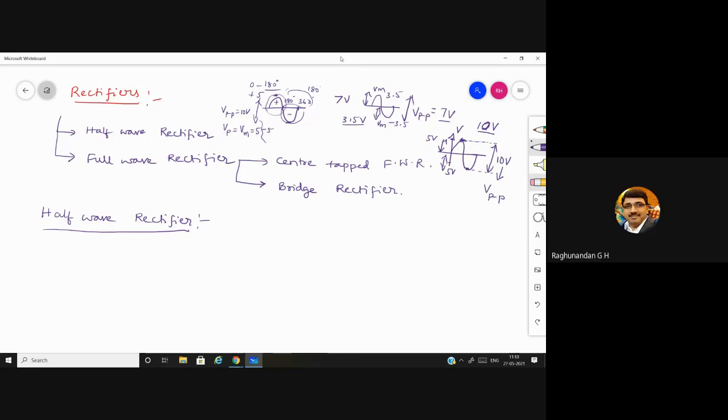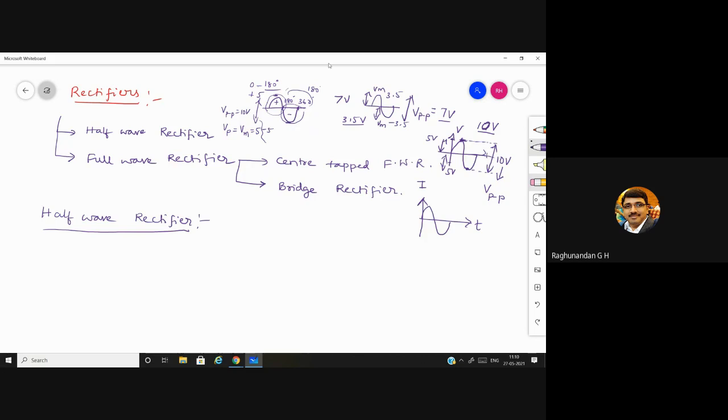Any doubt? Okay. See, after this, I was telling you can represent a signal by using voltage versus time, or you can represent a signal by using current versus time. So both the possibilities are there. It doesn't mean always you should use voltage and time only. You can represent even with respect to current also. That is also allowed.